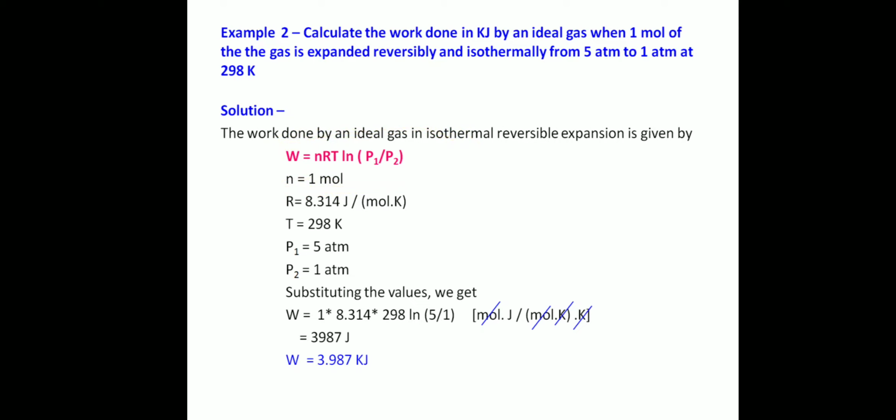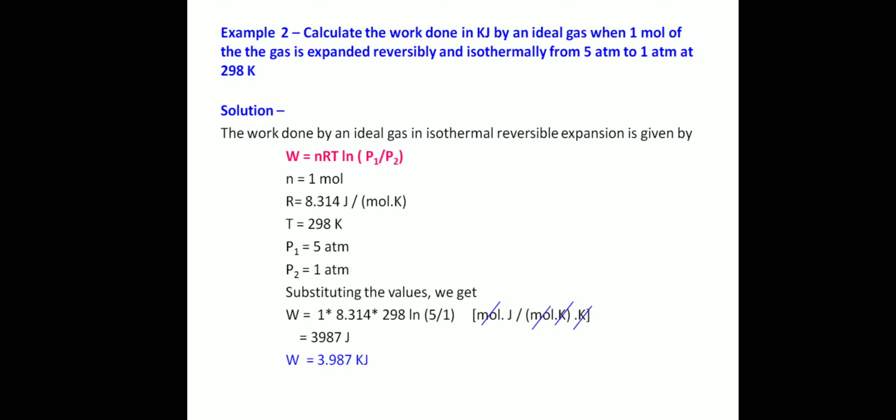R, you should know, is 8.314 joules per mole K, and the value of R with respect to unit depends on the units given in the particular example. The temperature is 298 Kelvin, P1 is 5 atmosphere, P2 is 1 atmosphere. Just apply these values in the equation and we can calculate W